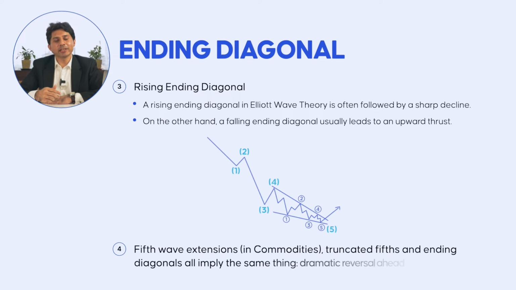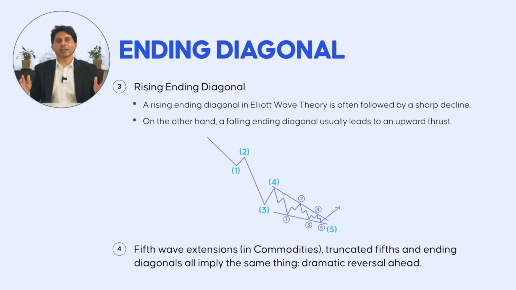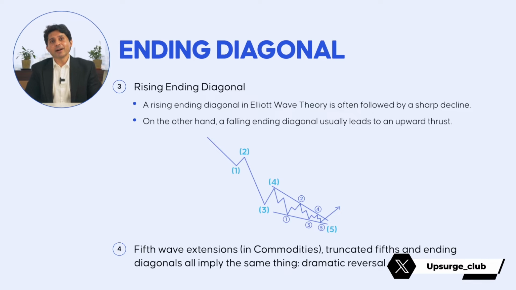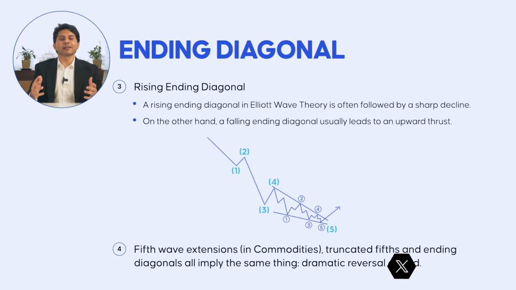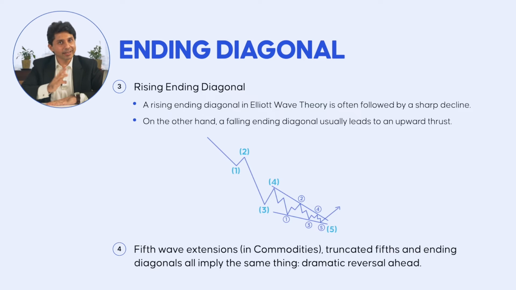Now, the commonality between fifth wave extensions, truncated fifths, and ending diagonals is that they all imply the same thing, that there's a dramatic reversal ahead. I want to show you one example of an ending diagonal. Until now, you may not have understood the after effects of an ending diagonal. But the ending diagonal, just like the previous truncated fifth formation that we had witnessed, also happened right in front of us on the Dow Jones Index, the world's leading index, and that too on the daily time frame,